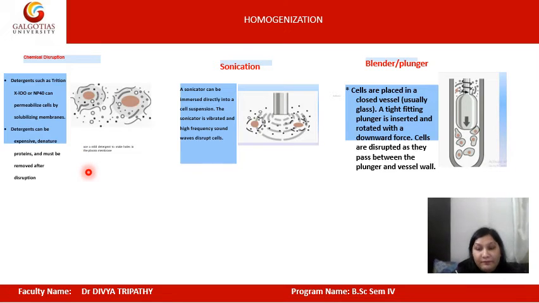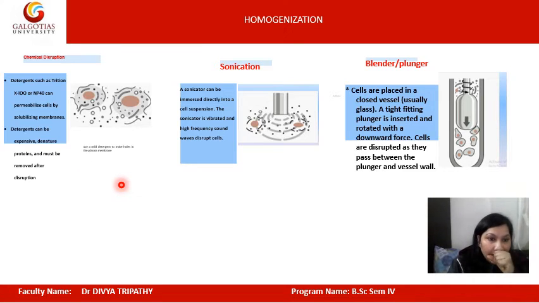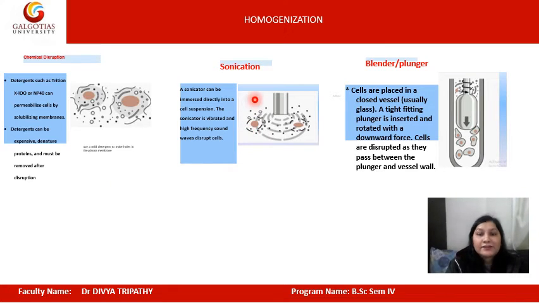So this method can be avoided if we are using living cells or if we are doing any cost-effective experiment, right? The second method is sonication. See, a sonicator is a device that generates high energy waves. These high energy waves vibrate the solution. In this way, the cell wall or the cell membrane present in the solution will be broken and the cell organelles will come out into the sample tube. And we will get a homogeneous mixture of cell organelles, right?